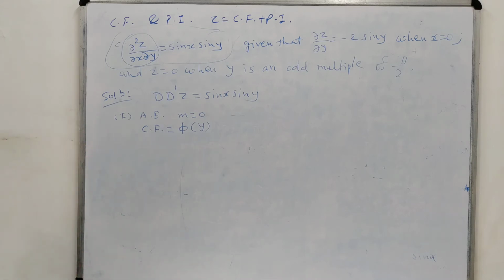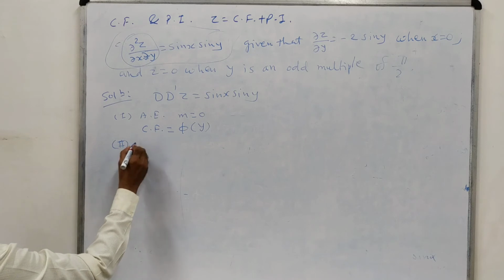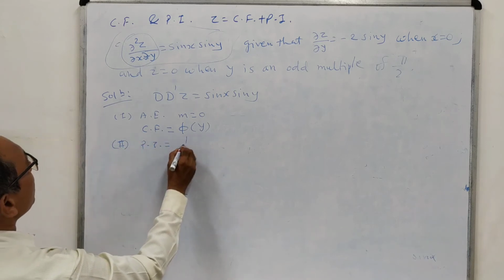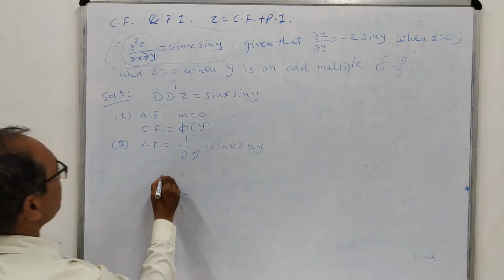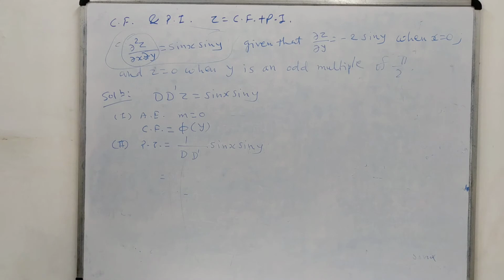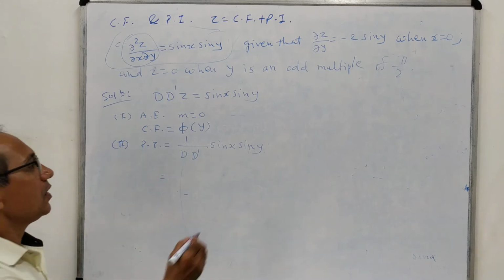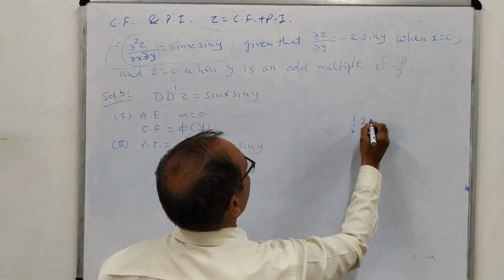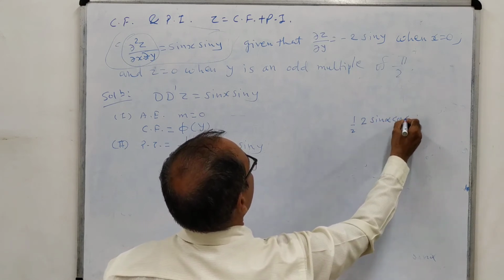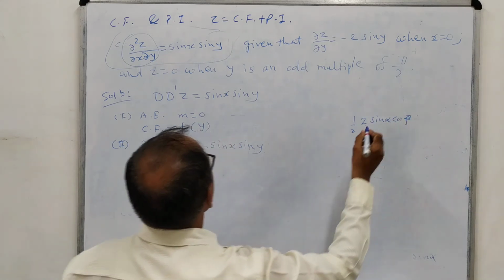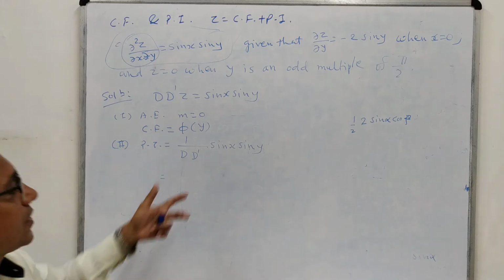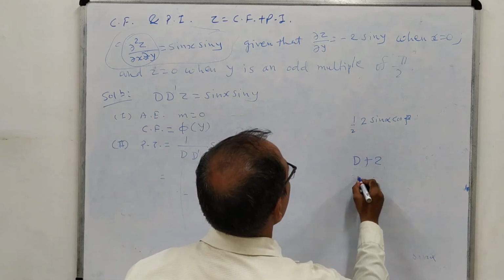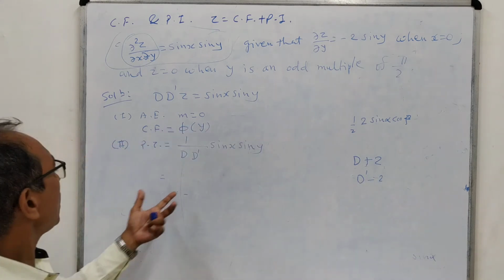Same thing we did in the last example. Second part, we have the particular integral, Pi, which is 1 upon D into D dash into sin x plus sin y. Now see, sin x into sin y is there. You can also multiply these two things by using the 2 sin alpha cos beta method. But we will not follow this path, because here we are given only 1 upon D and D dash, not D plus 2 or D dash minus 2 like this. Only 1 upon D and D dash.